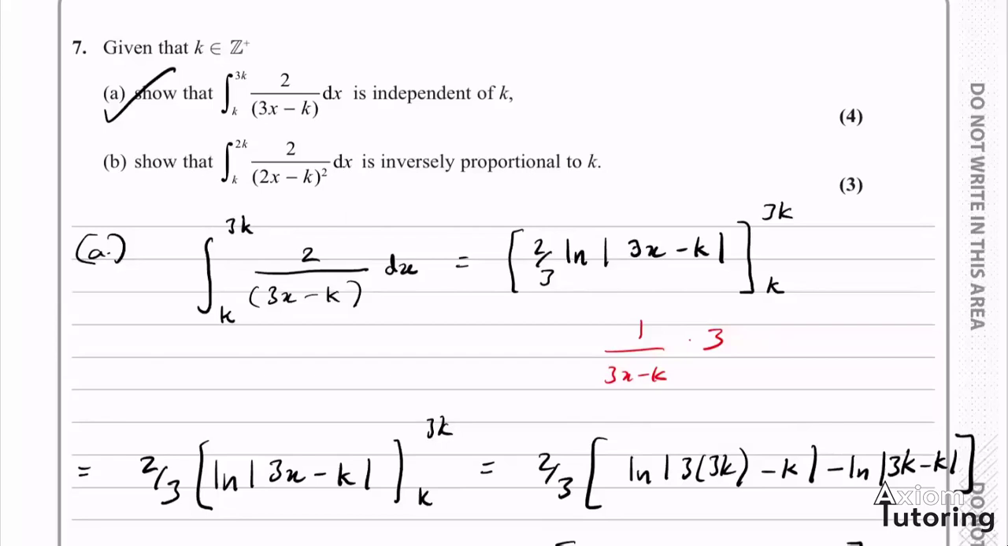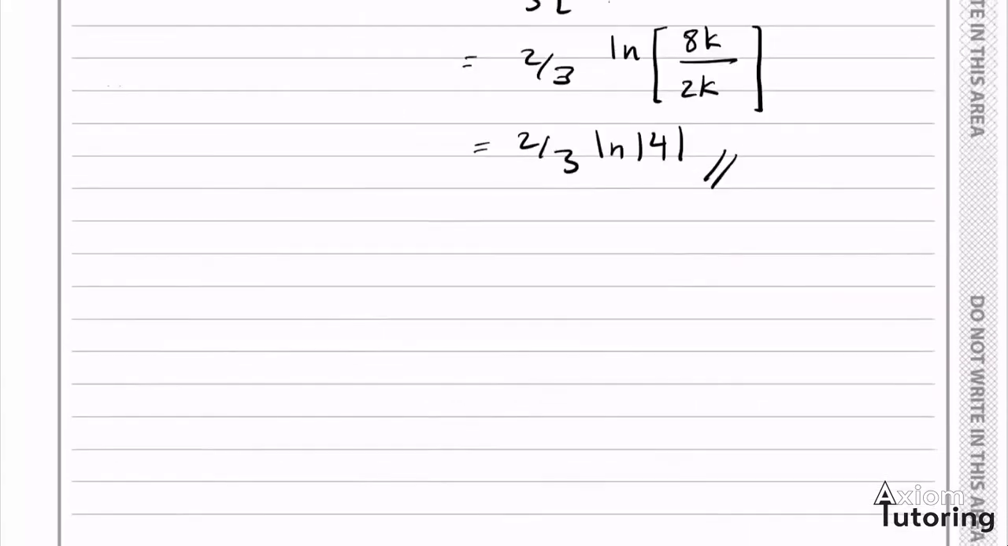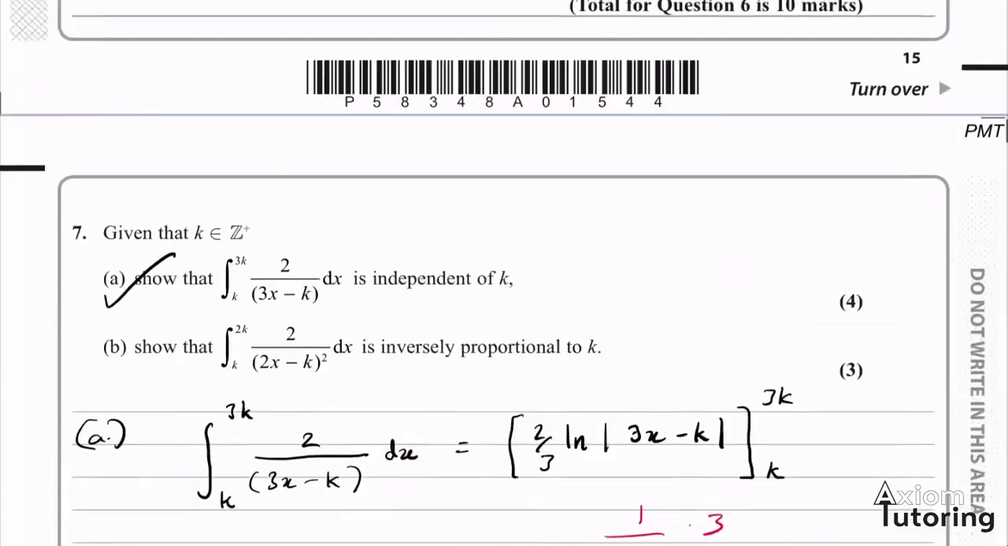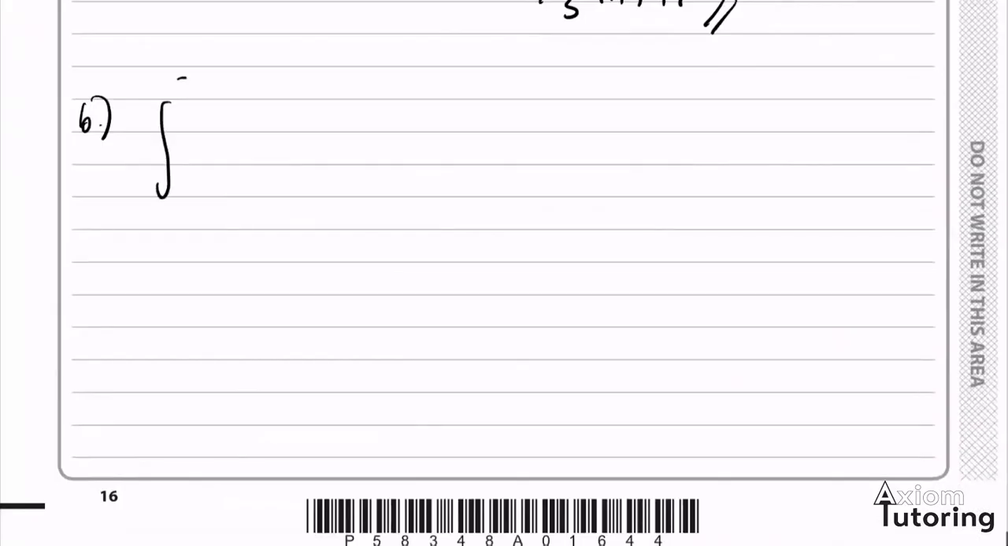So now let's continue with question 7 and do part B. In part B, we want to show that this integral is inversely proportional to k. So let's rewrite that integral down here and then try and see what it evaluates to. It's from the limits of 2k to k,